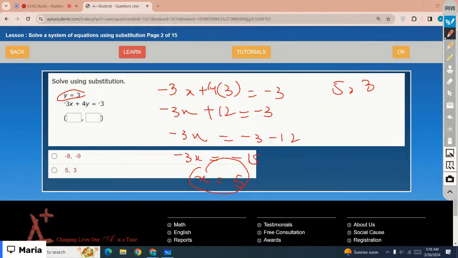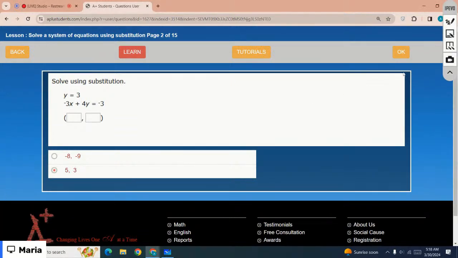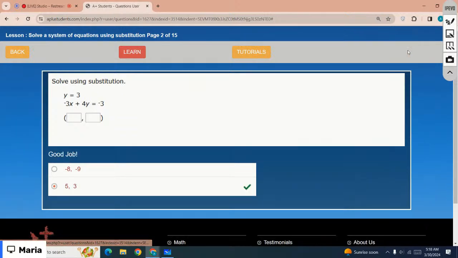Okay, so the correct option is option number 2. Let's just move on to the next example. The next question, right? Okay, the next one is